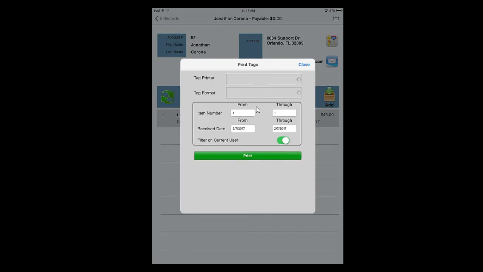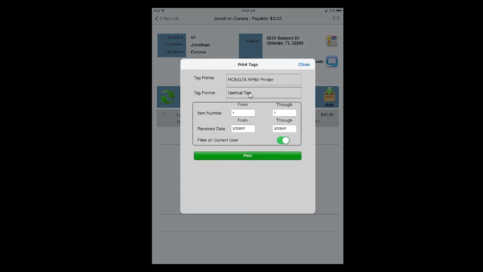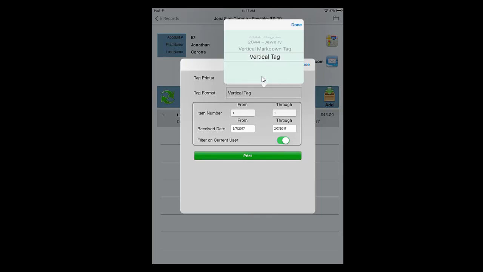And as long as the printer is seen by the server, we can actually print tags from the iPad. So I can select the tag printer, and if my tag printer is in the list, I can select it as well. It'll default to whatever the Liberty mobile account is set to on the computer. We can select the tag format, and again, this is the selected tag styles that are attached to the Liberty